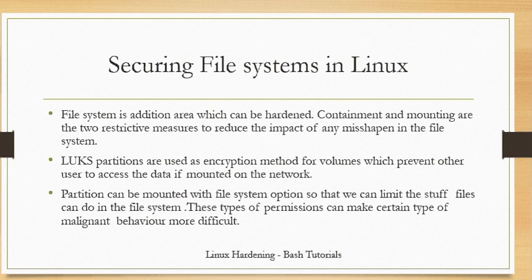If we can preserve containment, and if we can automate remounting, it may be soft or hard, then we can preserve the file system from being corrupt. LUKS partitions are used as an encryption method for volumes which prevents other users from accessing the data if mounted on the network. As we know, we don't want our partition to be accessed by other users, so we encrypt it using loops, and we can also use crypttab to auto mount it,